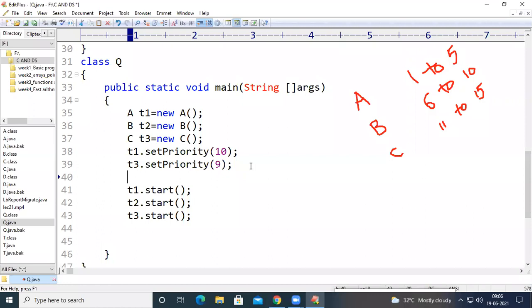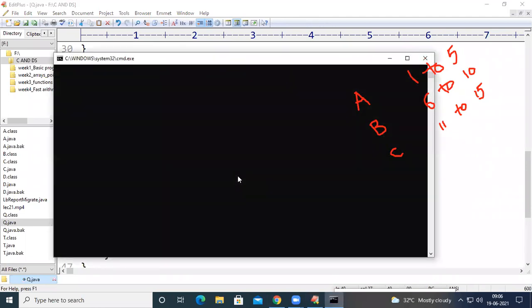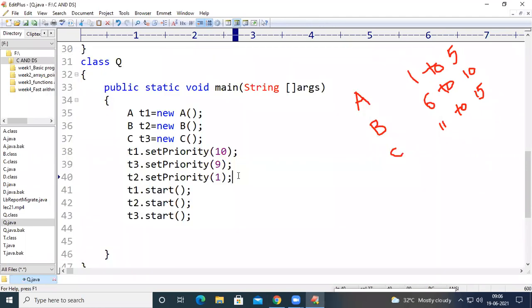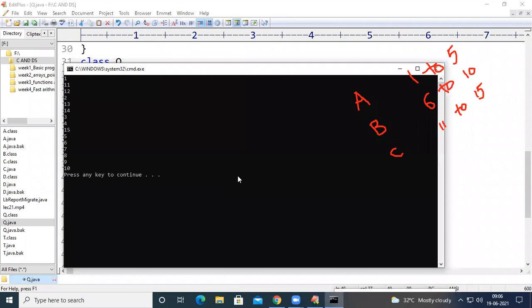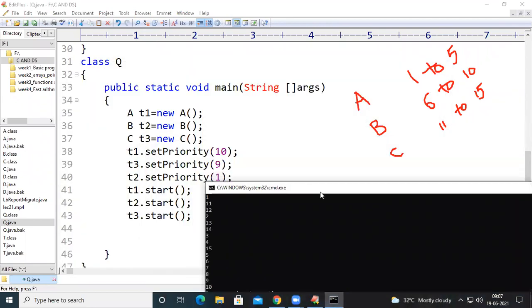Let us do something here. If I call T2 dot set priority of 1, and compile and run the code, so see here.